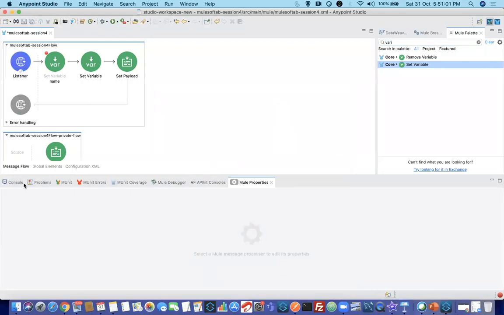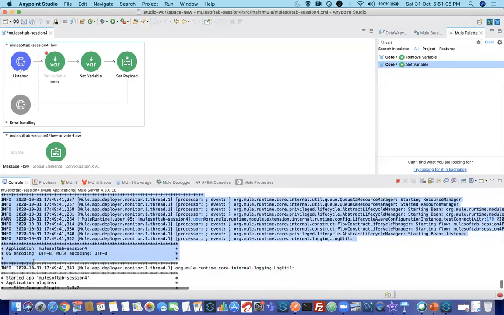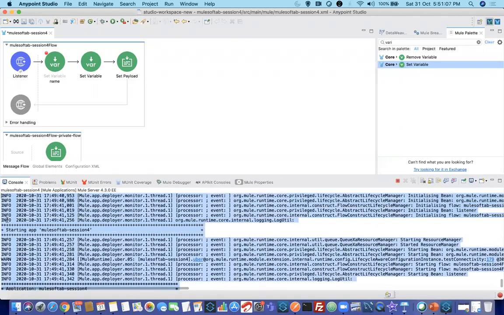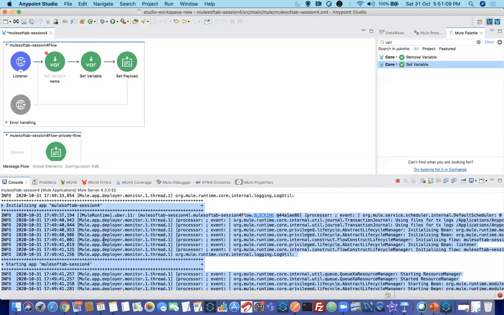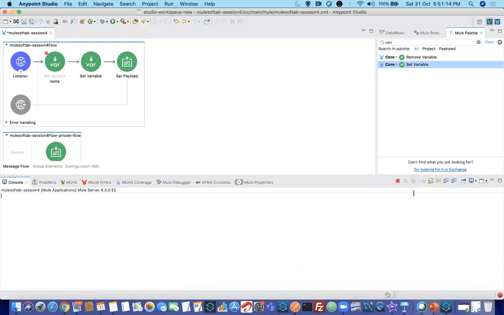It is very simple, guys. Logger is used to print logs. You can see all these are called logs. These are like MuleSoft logs, which they have internally. In the same way, I want to print the log so that I will be able to track how things are going. Suppose I keep a logger just before this variable and say before setting variable name. Next I'll do after setting.